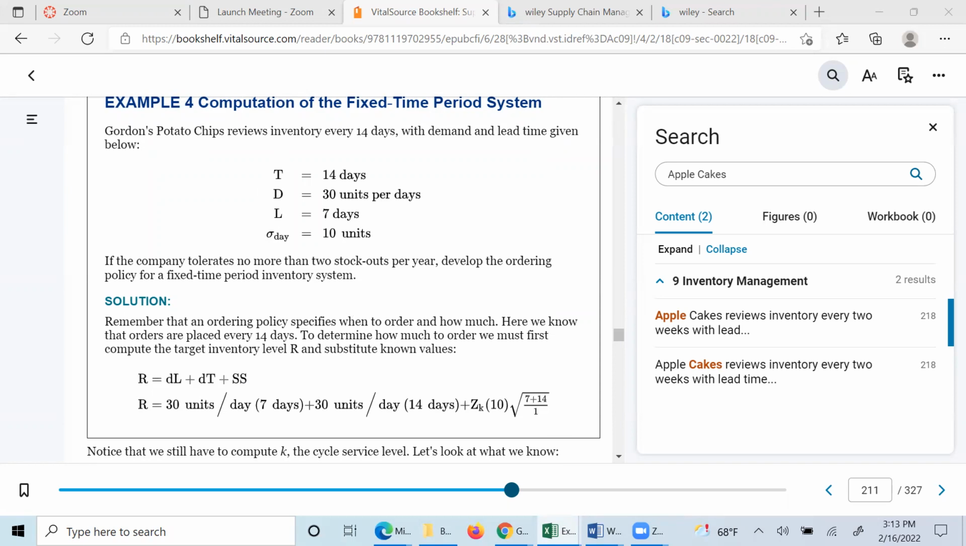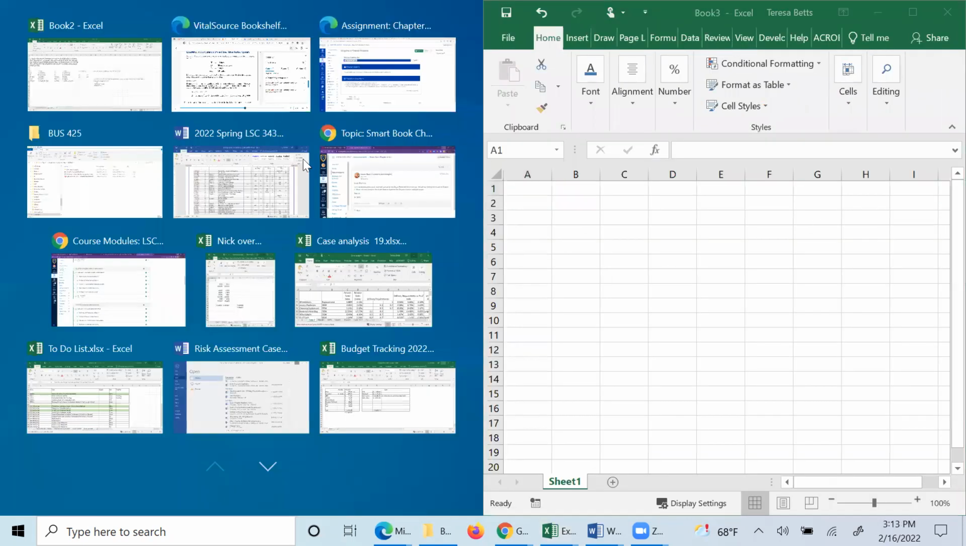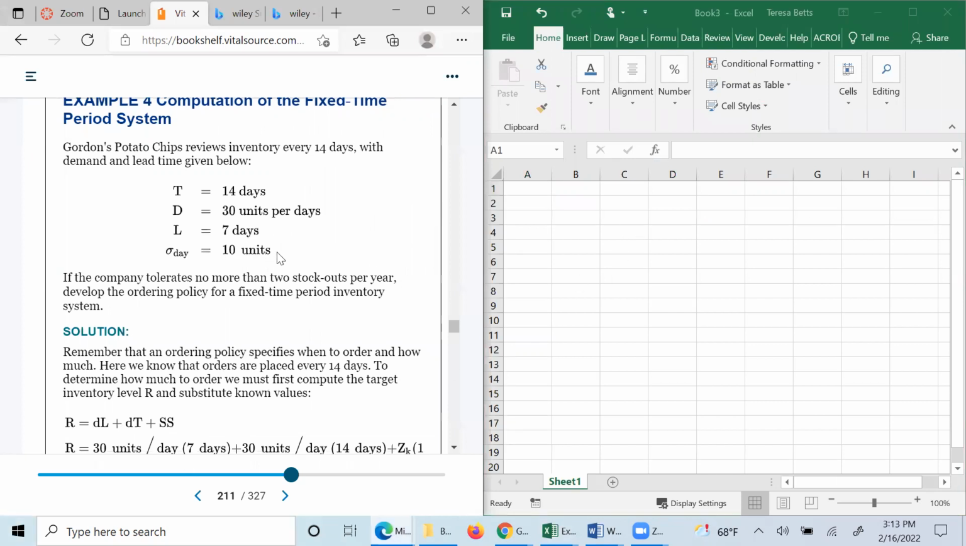So I'm going to go ahead and open up a new Excel file. And I'll just bring this over to half the page here. Okay. And so what I want to do is, our T in this case is 14, and I'm going to put days because it's important that we're using the same unit of measure. Small d is 30 units per day. L is 7 days, and our standard deviation is 10 units per day. Okay, so